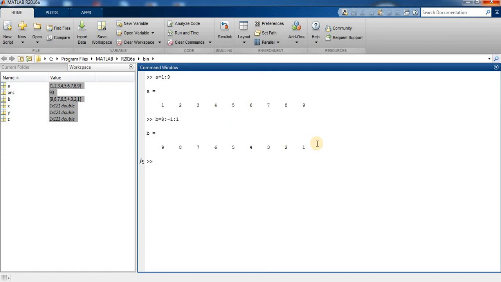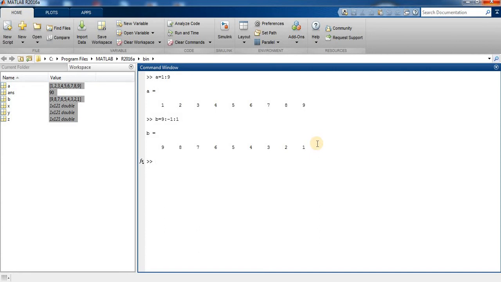In the first line, a is equal to 1:9, we specified no increment, so by default MATLAB uses the increment 1. In the second line, b is equal to 9:-1:1, we specify a negative increment, that is a decrement.